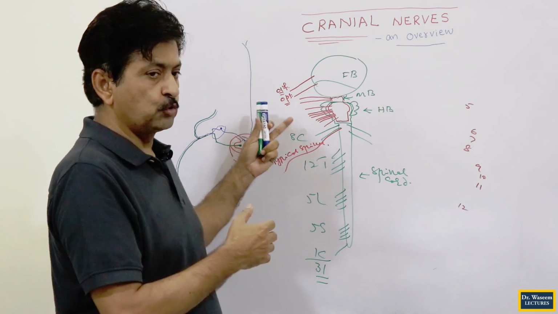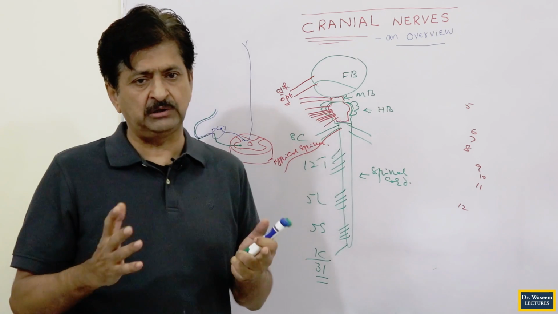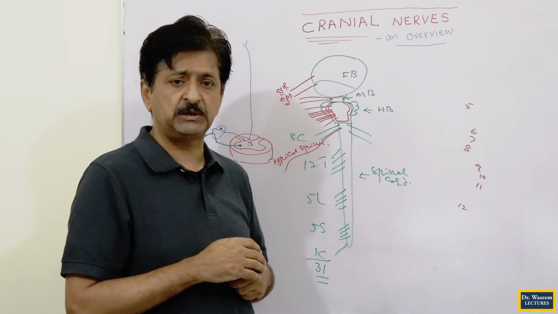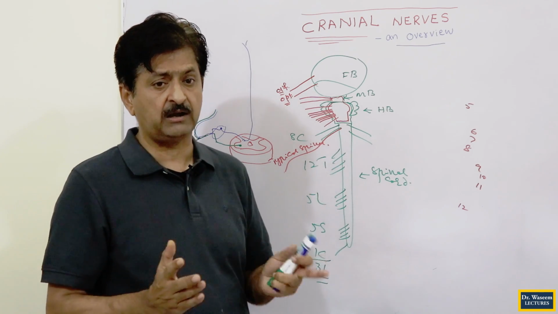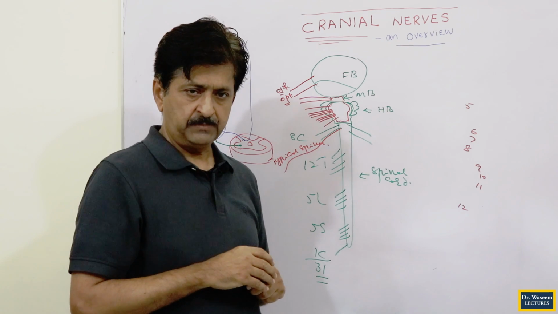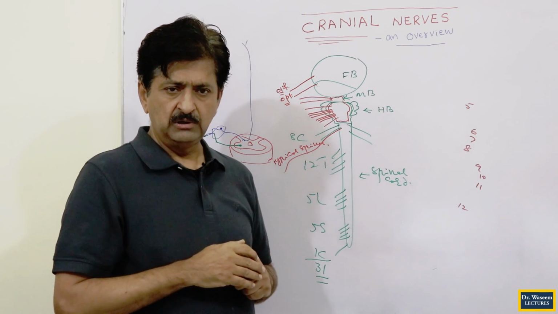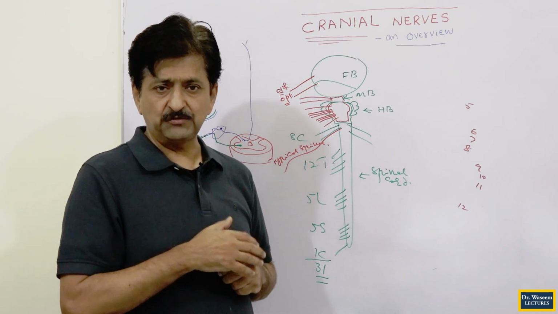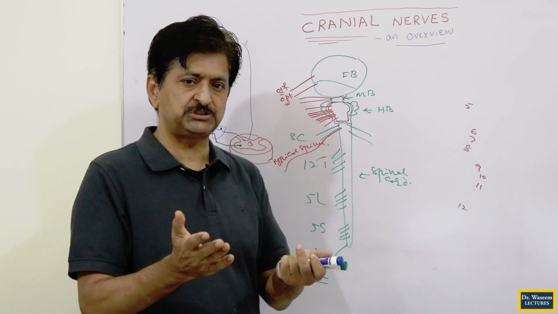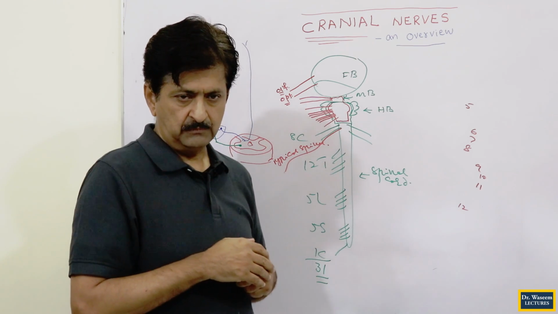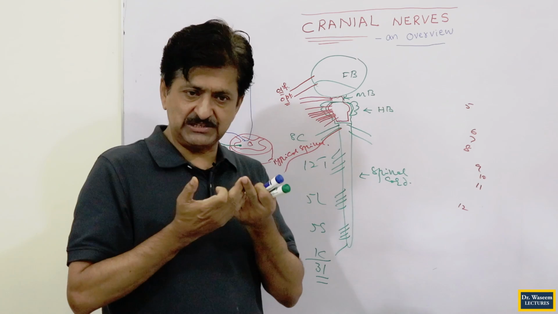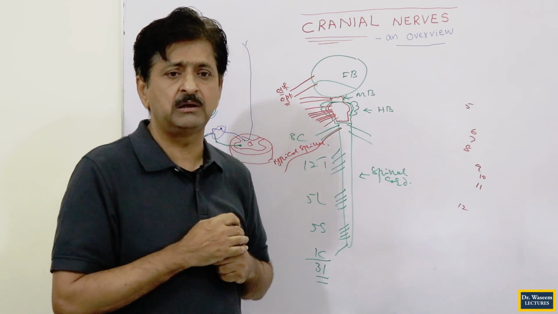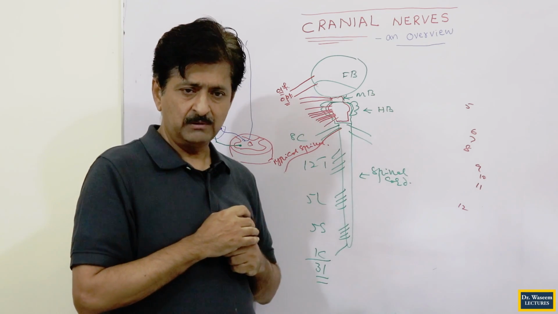But here, we don't have all the nerves mixed, because every nerve has its own demands, its own implications, its own responsibilities, and they have been designed according to their composition. If the nerve is going to the eyeball, carrying the visual signals, its composition will be totally different from the olfactory. Obviously it is a sensory modality, so it will carry just sensory impulses, sensory stimuli, not the motor at all.